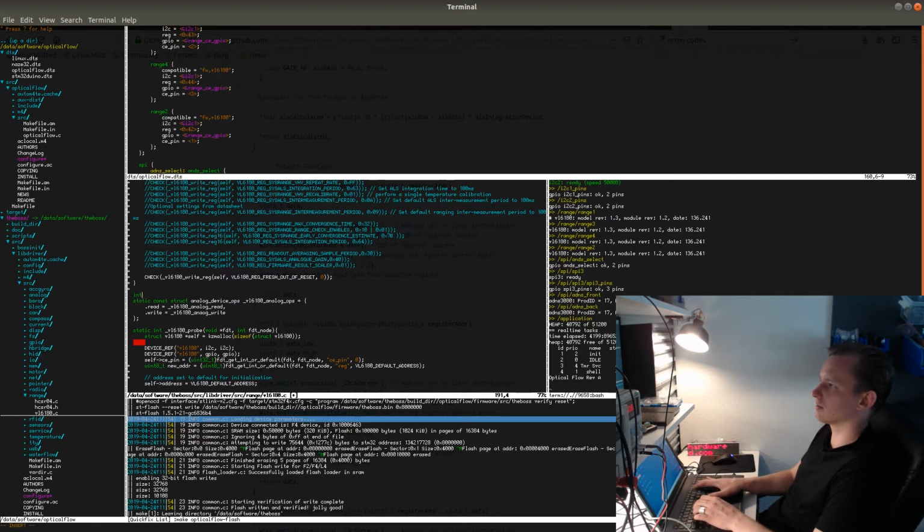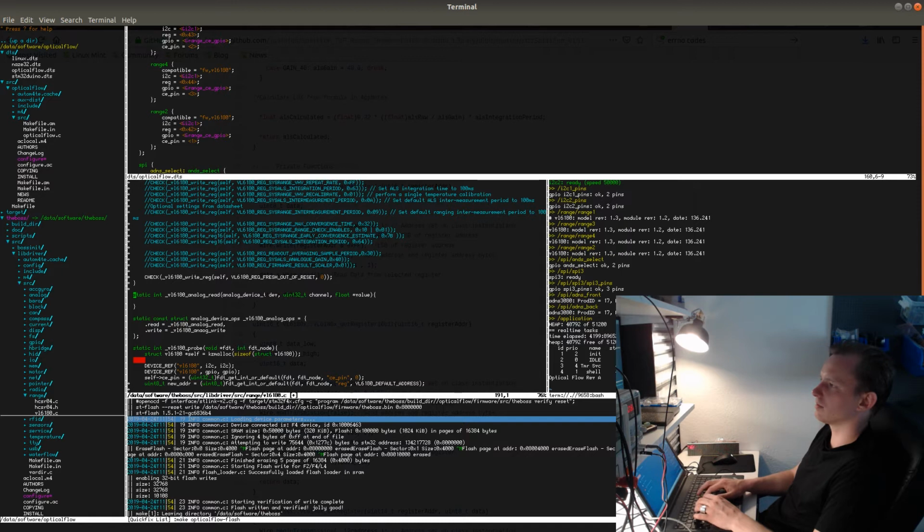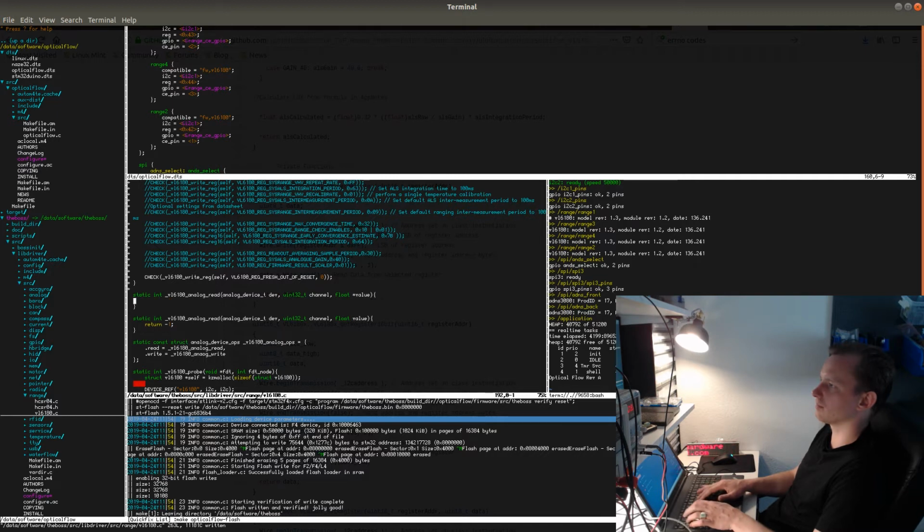next, this is going to be static int VL6180 analog read, and it will get the analog device as argument, and it's going to get int32, I think, as channel, and then float value. The same thing for write, except in this case it doesn't make any sense to write anything, at least not yet. So analog read, analog write, and the read method is going to do,